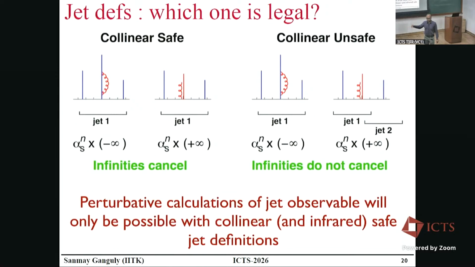Talking about PT cuts in terms of constituents, which we feed into the jet reconstruction algorithm per se. It has two roles to play. First of all, if I allow very soft PT particles to be reconstructed inside a jet, it doesn't change the kinematics of the jets per se, but the multiplicity of the jet constituents blows up. I'm interested in the jet energy, so the multiplicity I don't care about.